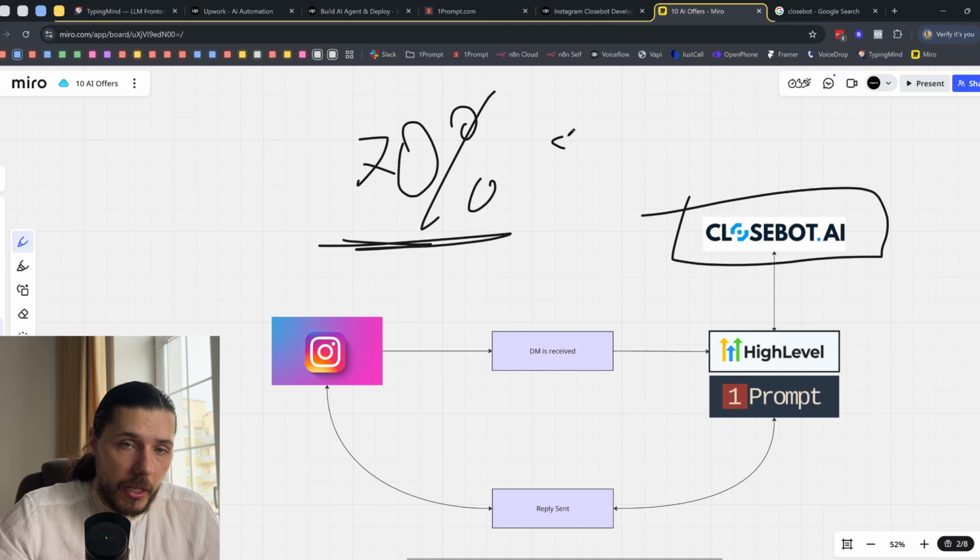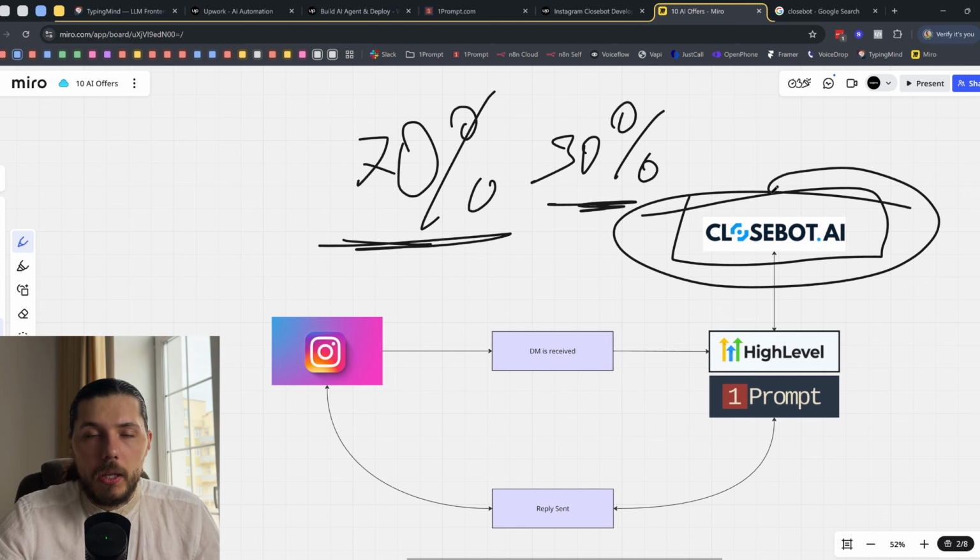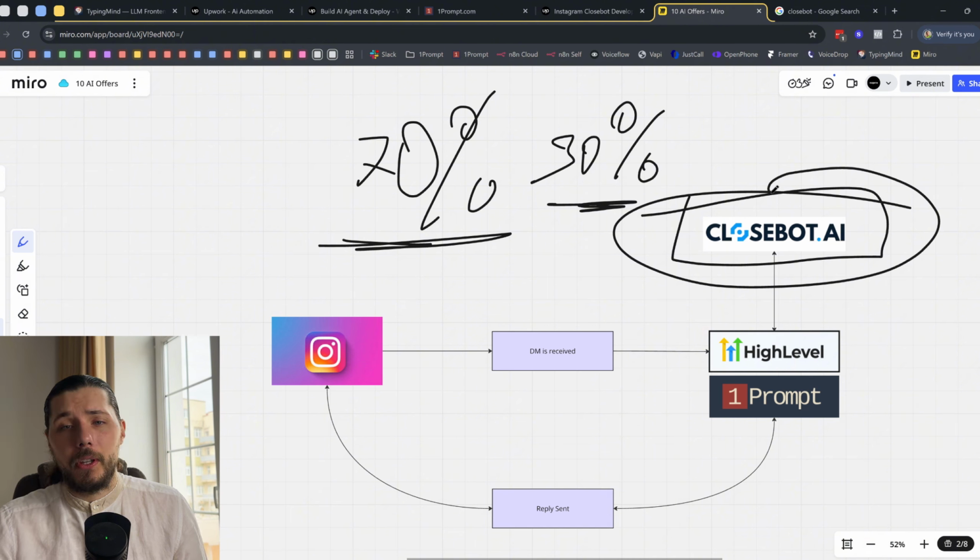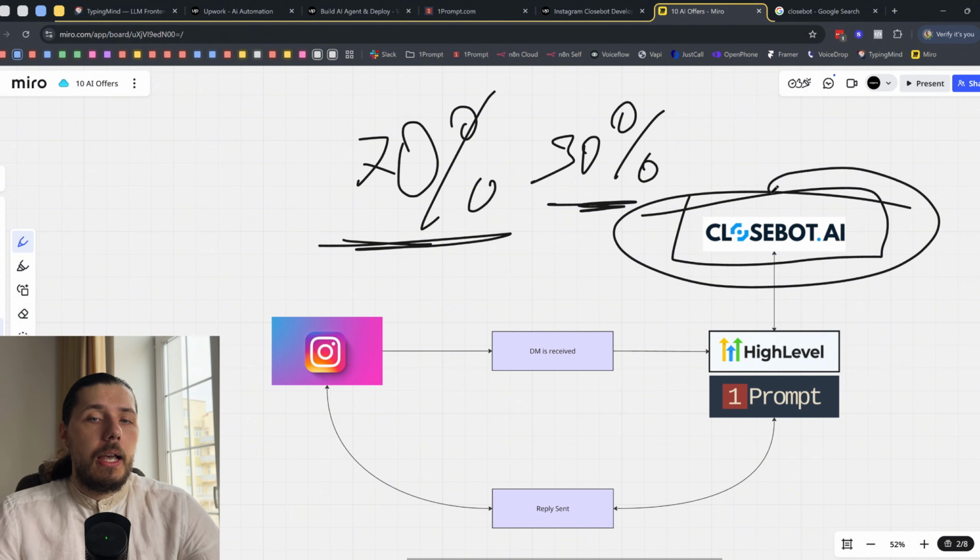But 30% cannot be built here because you have limitations on the integrations, limitations on the knowledge base structure, and limitations in terms of control.